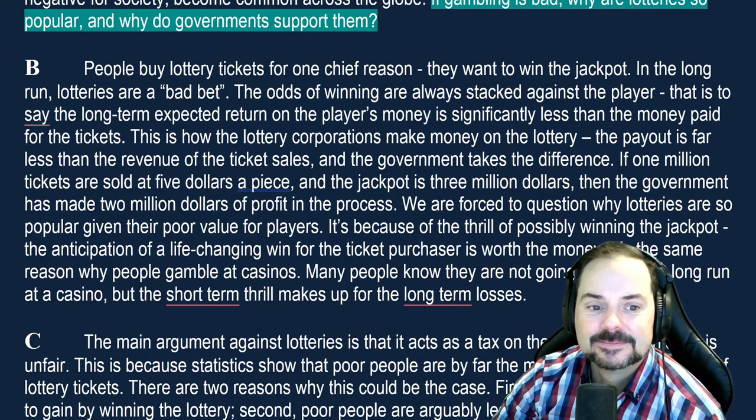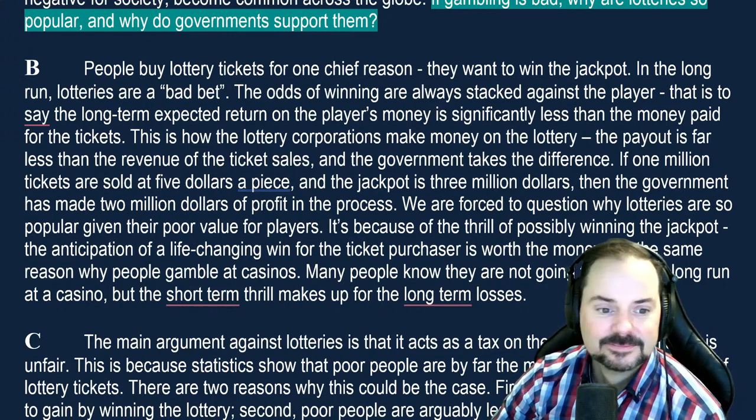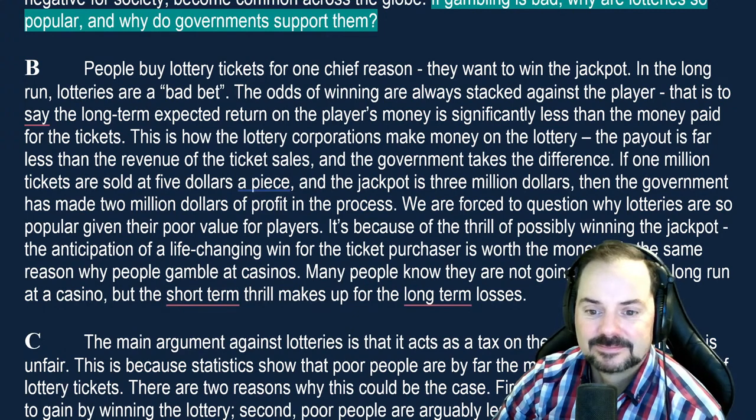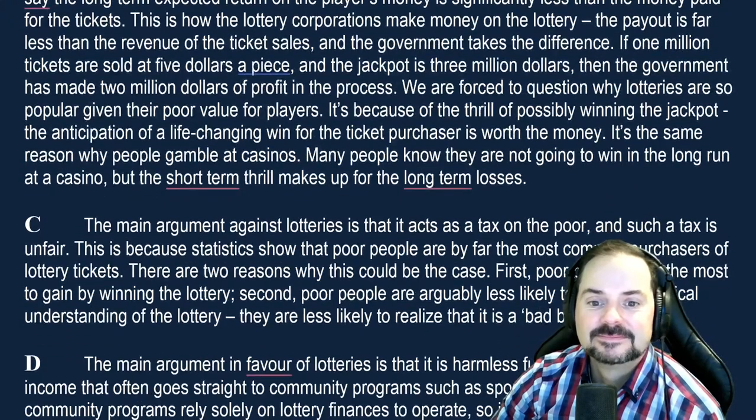The payout is far less than the revenue of the ticket sales, and the government takes the difference. If 1 million tickets are sold at $5 a piece, and the jackpot is $3 million, then the government has made $2 million of profit in the process. We are forced to question why lotteries are so popular given their poor value for players. It's because of the thrill of possibly winning the jackpot, the anticipation of a life-changing win for the ticket purchaser